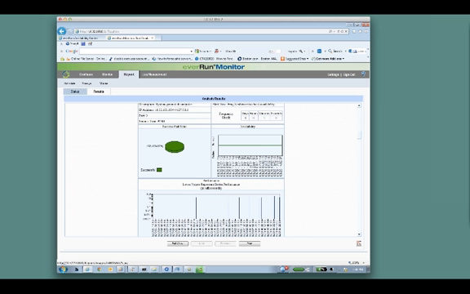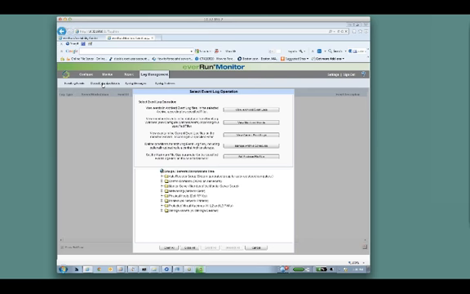And then lastly is log management. And one of the things that we found incredibly useful here is the ability to go ahead and have a centralized logging server, and to be able to manage event logs, to be able to manage syslog messages, to be able to do things like archive event logs. So to get those things published here and then be able to archive them and be able to search them,